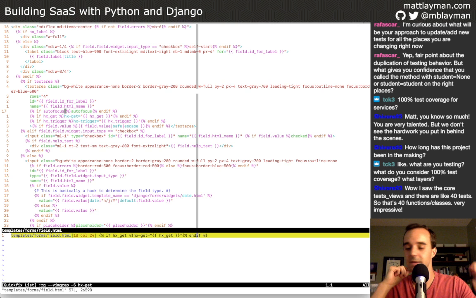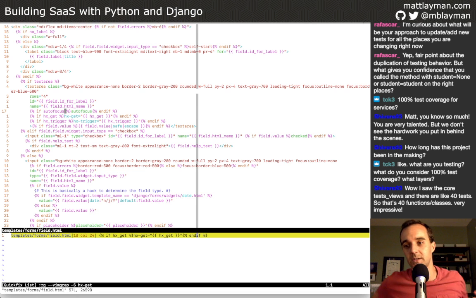Now, what I'm risking by making that decision is, what happens if I update HTMX to a version and I would now have to manually go test every spot that I used HTMX to confirm that the behavior still exists. And that's a risk. That is definitely some place where my app could break.